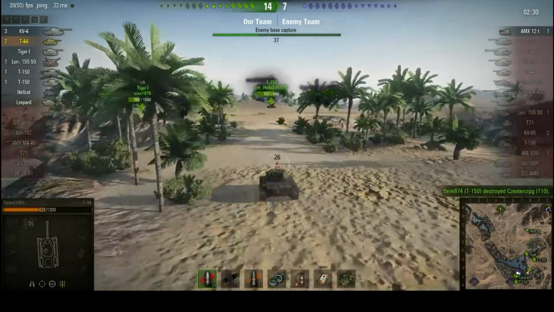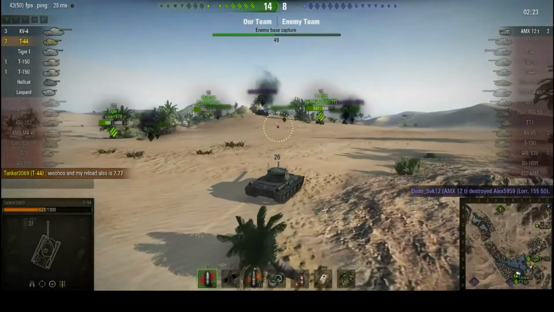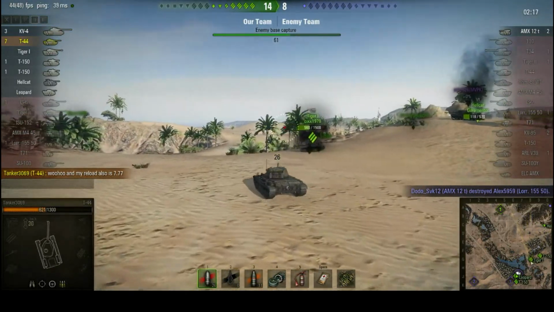Now you'll notice that there are some members of Tanker's team who are capping. Some of you might be thinking, why are you capping? Tanker's reload is 7.77. Nice. Why are they capping? There's only one guy left. Just chase him and kill him. Don't forget, this is an assault game,